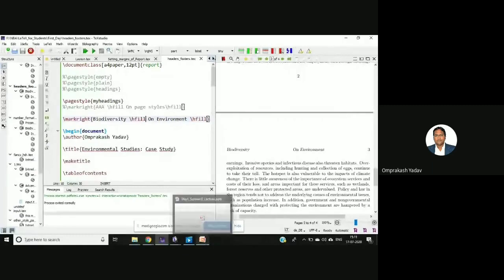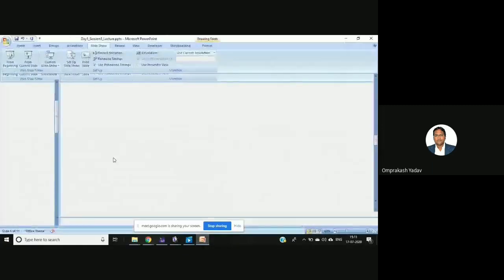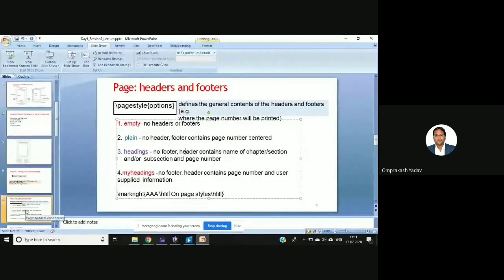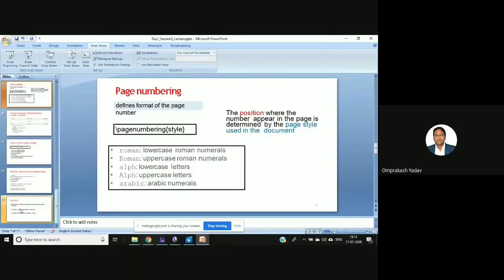Now let's go to the next part. Okay. So this is page numbering. Now we are having a page numbering style. Okay. So this will give you the position where the number appears in the page, which is determined by the page style used in the